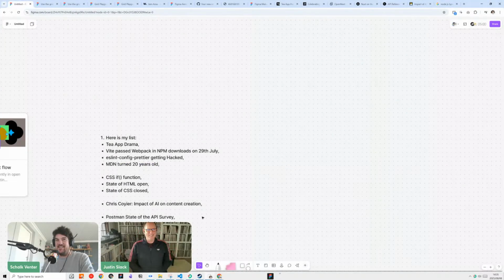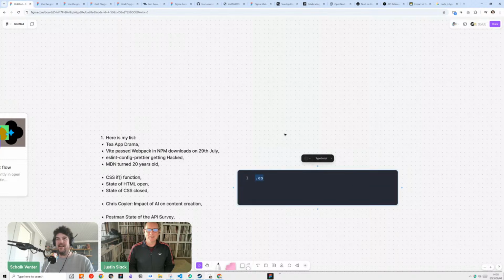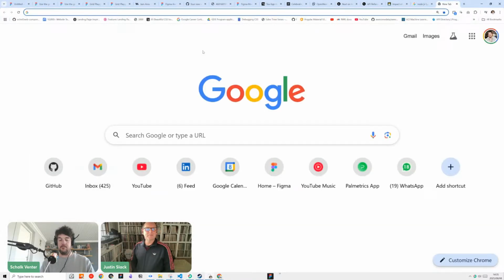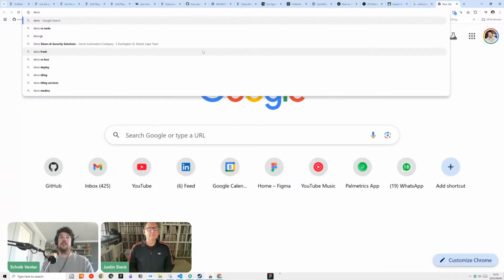I still think they wanted to actually make it .es for a very long time. Yeah, around ECMAScript and so forth. Which is also another great, I didn't include it in the notes, but it's also worth noting that there's been some development with the Deno